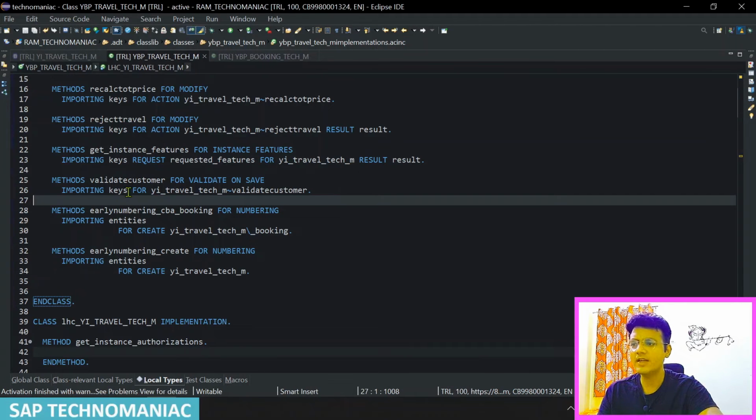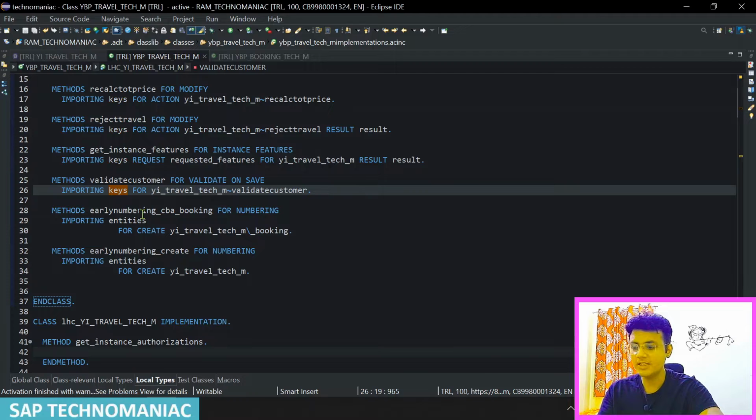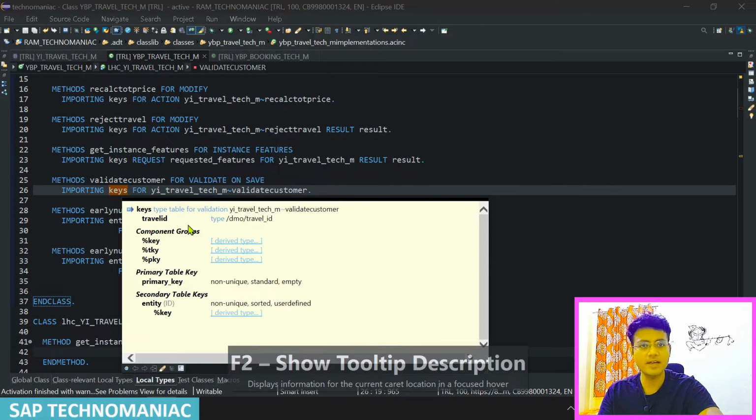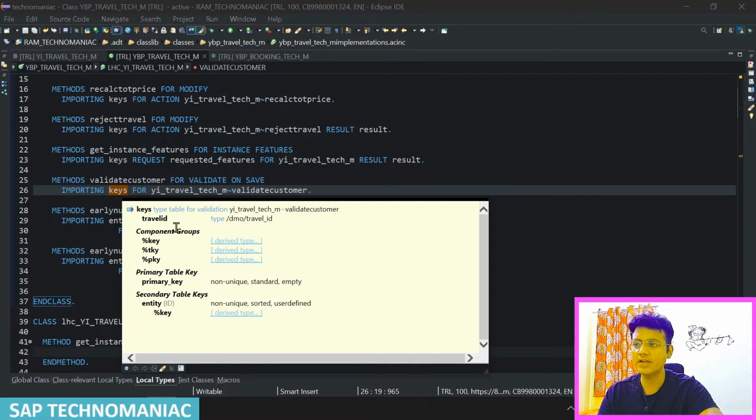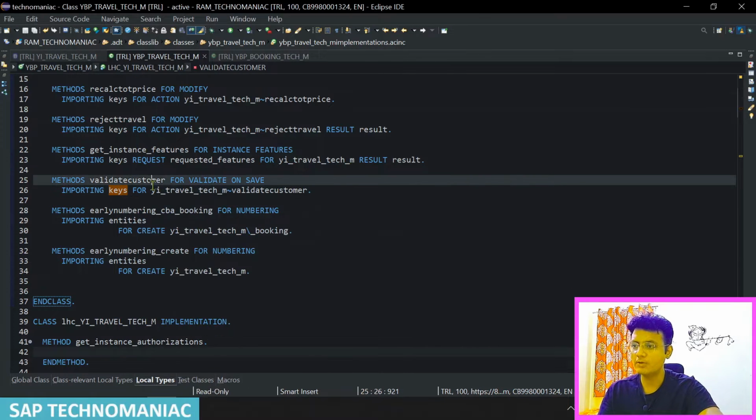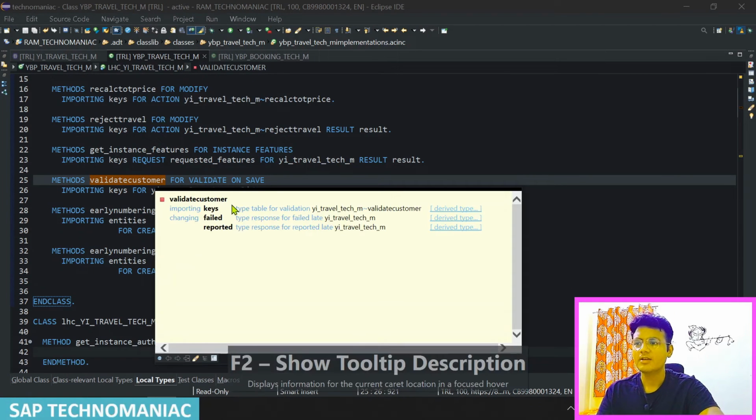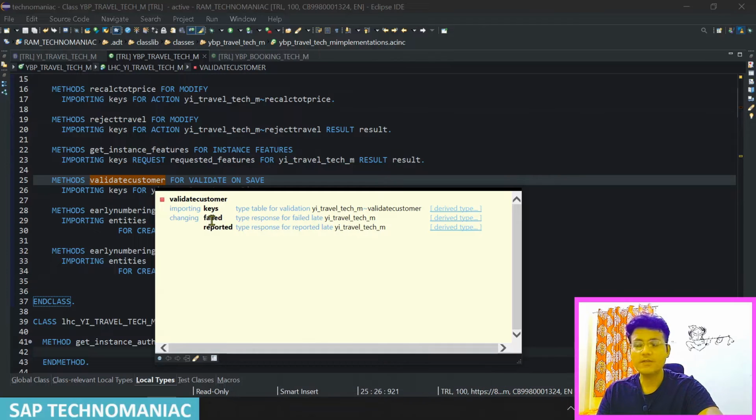You can see in validate customer we are getting the importing keys where we have the travel ID. Based on this travel ID, we will read the customer for those particular travel IDs. Let me press F2 over this one. There are only two structures, failed and reported. We will validate, for those travel IDs, whether the customers currently available